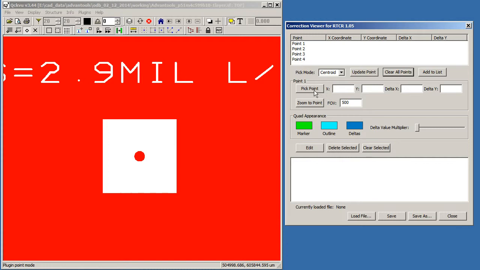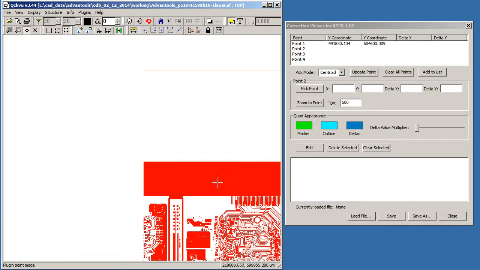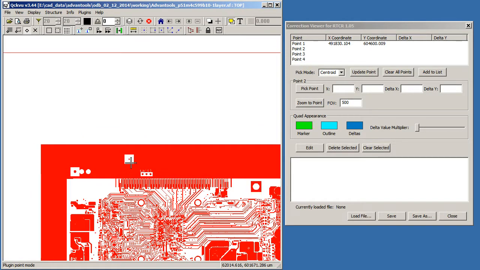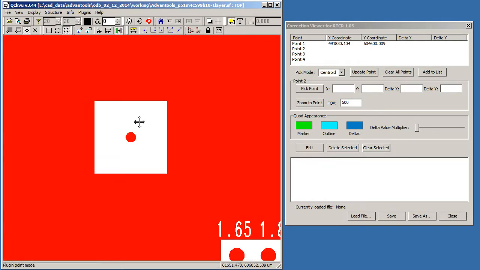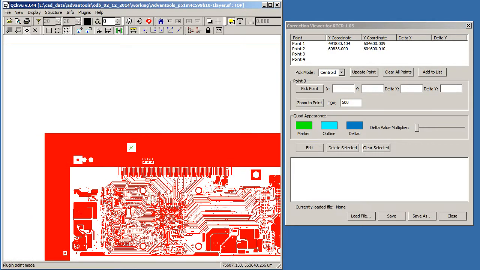So to do that, just click on Pick Point and then click somewhere near the center, and you see it computed the center, snapped to it, and provides the coordinates here, and you can just update the point. Now we can move out to another point. Let's say we come over to this one and zoom in, and then we click Pick Point again, and again we find the center, update that point,